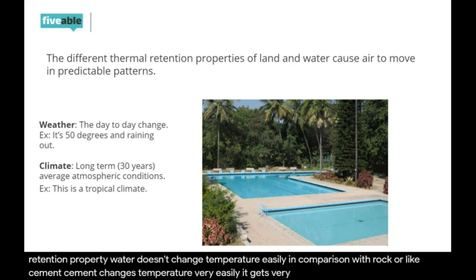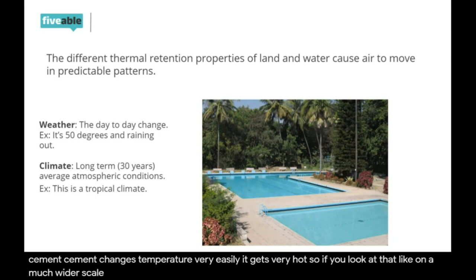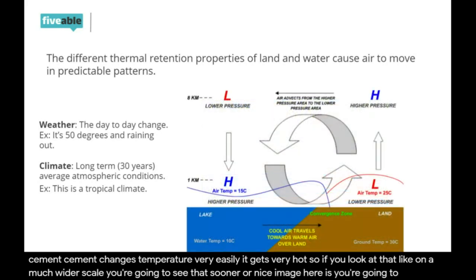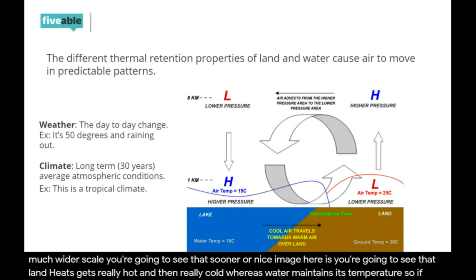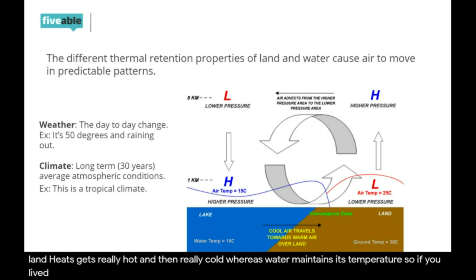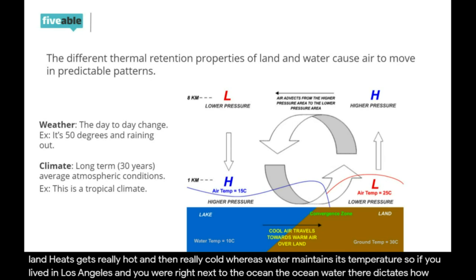It gets very hot. So if you look at that on a much wider scale, you're going to see, let's see what our next image here is, that land gets really hot and then really cold, whereas water maintains its temperature. So if you lived in Los Angeles and you were right next to the ocean, the water there dictates how warm it's going to be,